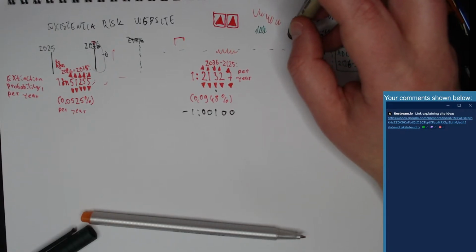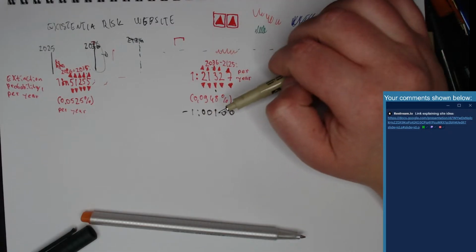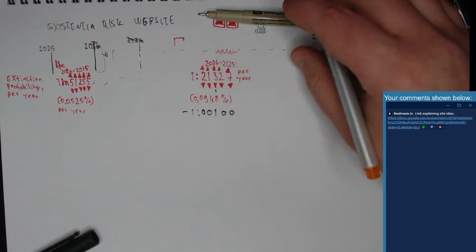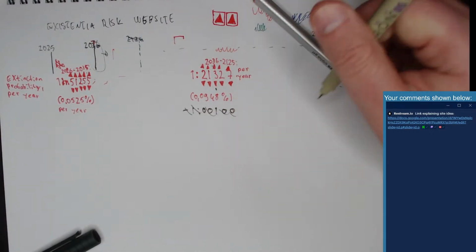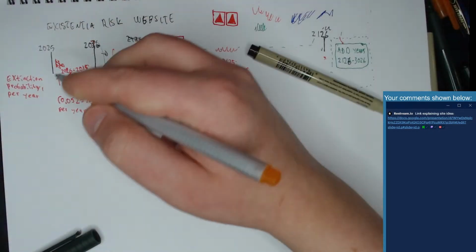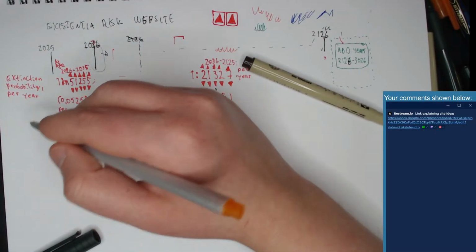Yeah, I'm not sure if I can figure it out at this point. I will come back to that. But this is definitely wrong. Yeah, I'll have to figure it out. But let's go back to the